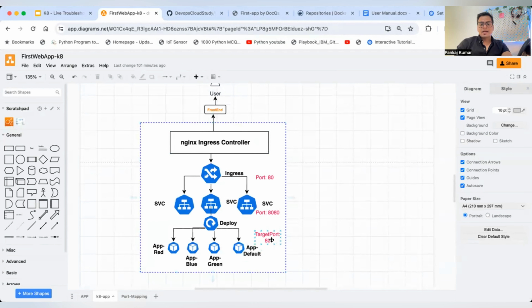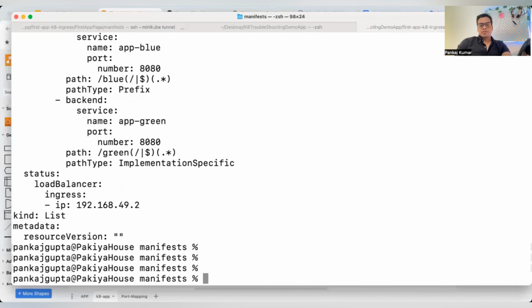So in the service manifest, if the target port is mentioned as 80, then the application inside the pod should be running on port 80. This is how you can debug around 502, 503, 501, 404, lots of error types. Let's do some more mistakes, like